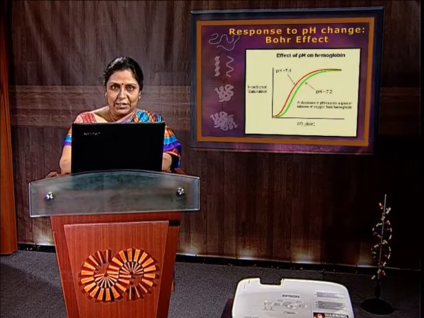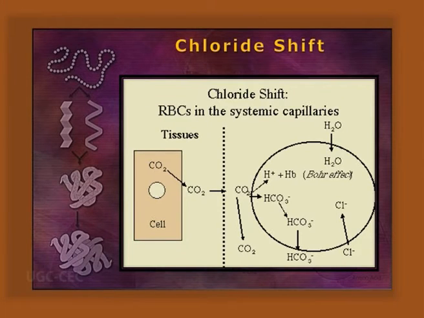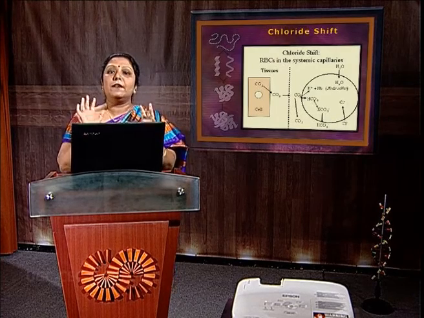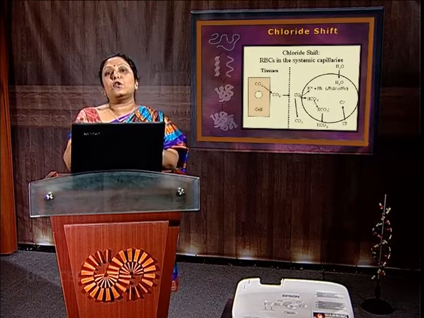The response to pH change, that is the Bohr effect or Haldane effect. For carbon dioxide transport, as we know, in the peripheral tissue the pH is low, 7.2, 7.4, etc. So carbon dioxide diffuses out from the cell inside the RBC. This carbon dioxide, along with water, by carbonic anhydrase makes bicarbonate as well as H plus. To maintain electrical neutrality by chloride shift, Cl minus will go outside. After this electrical neutrality, the bicarbonate will be transported via the RBC, which is called the Bohr effect. Now H plus will compete to bind to the hemoglobin, so oxygen will be released in